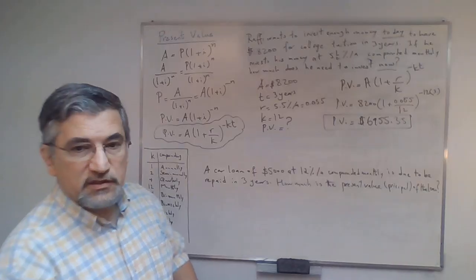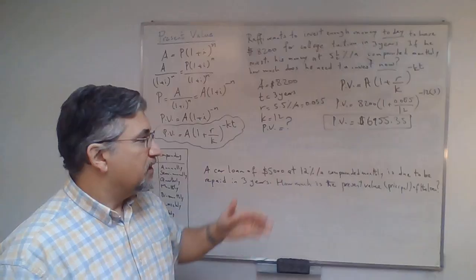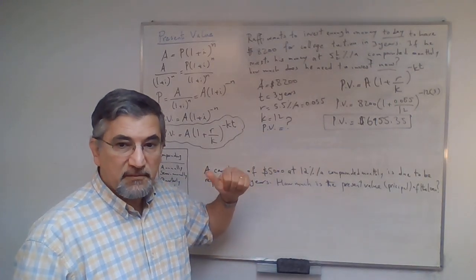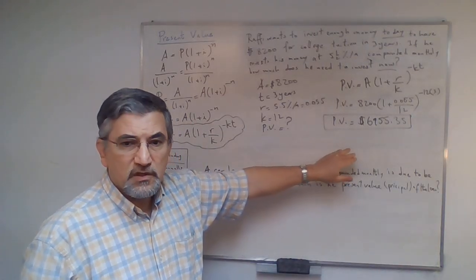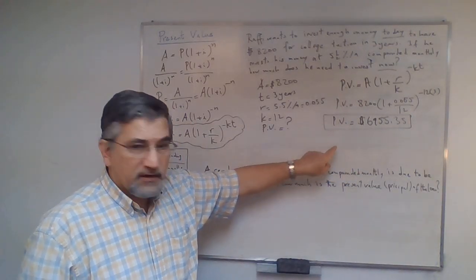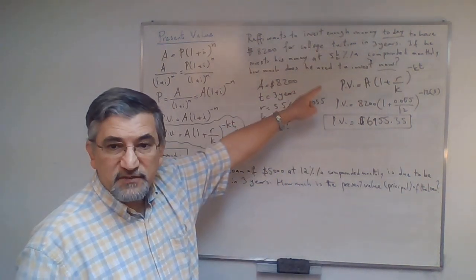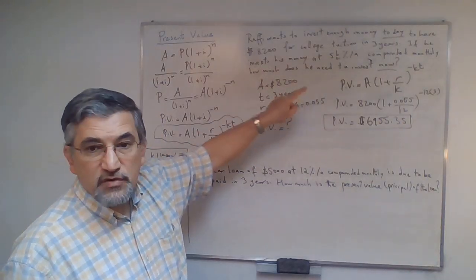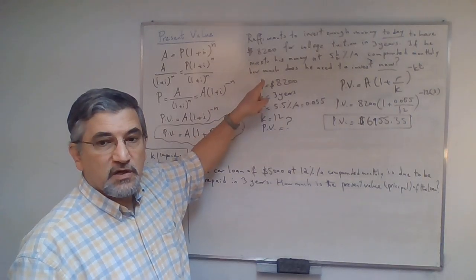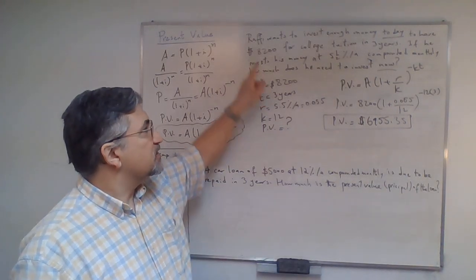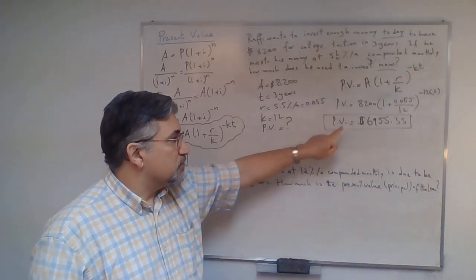Okay, so you see that this answer is less than $8,200, and that means that it is actually correct. We were expecting to end up with a lesser amount, because this is the amount of money, just under $7,000, that you need to have today in your account so that this money stays there and earns 5.5% interest compounded monthly. After 3 years, it will grow to what you actually need, which is $8,200. So the present value of $8,200 in 3 years is equal to